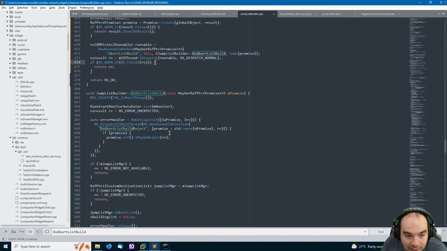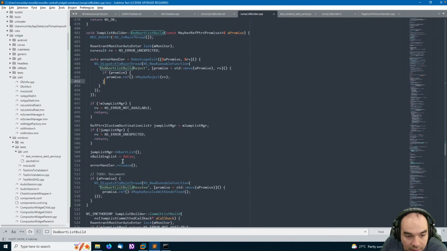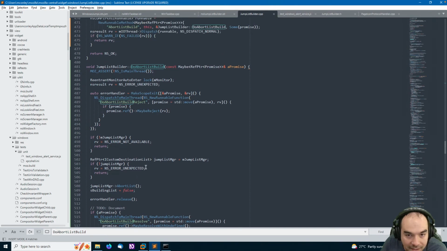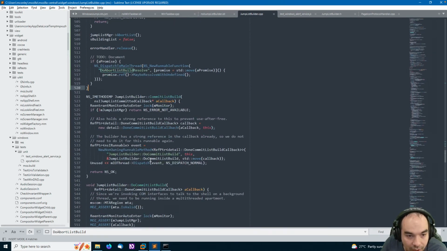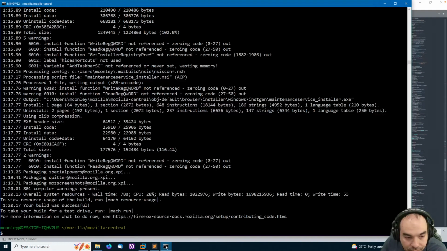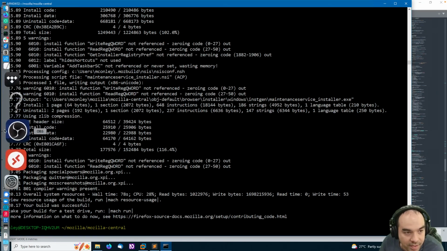Like, we get this maybe, and only if there's, like, a promise. And then we can pass, like, nothing. We don't accidentally dereference a null pointer. Okay, that built. Hilarious.